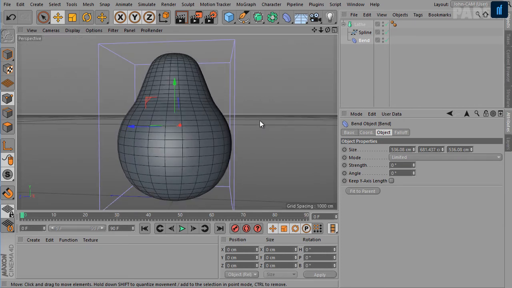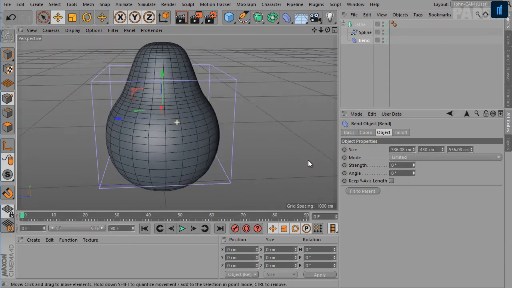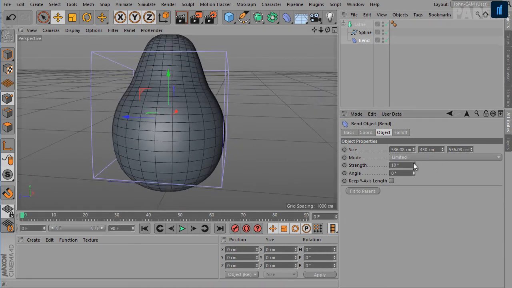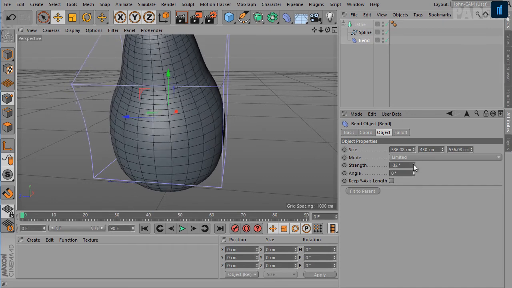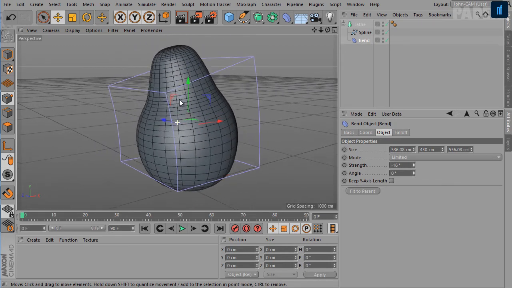Okay, and then set size Y to 430, like so, and then we'll give strength, say -16 here. So now we have a little bit of bend going on here.